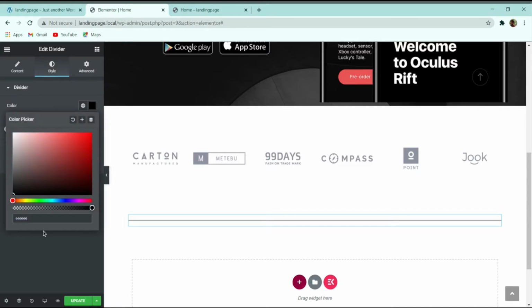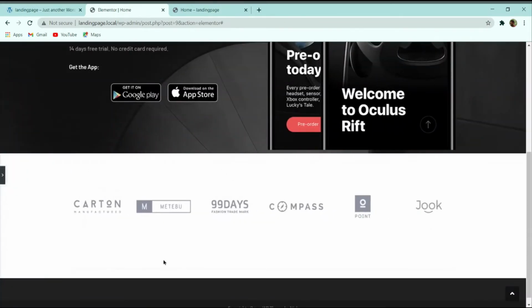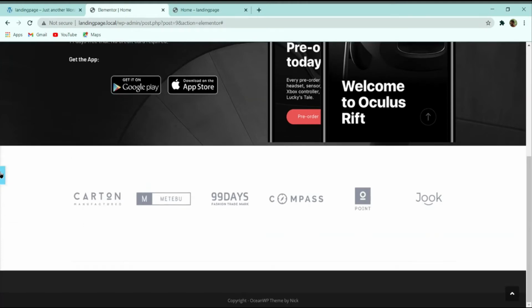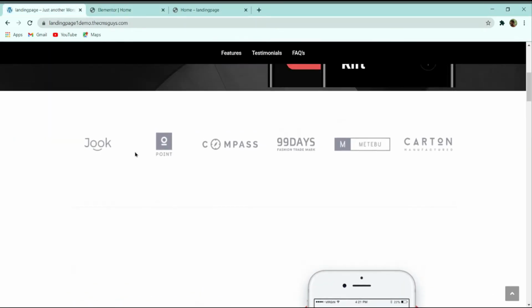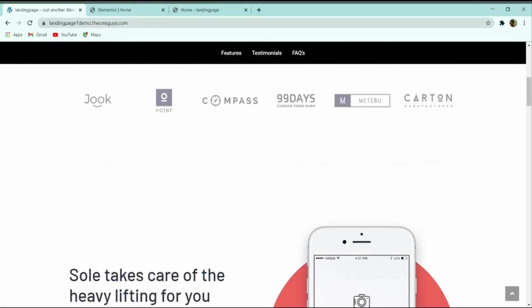So here you can see that I have used this 6 time e. Let me make a hashtag over here, and then so here you can see that the divider is also ready. So here you can see that with this, the third section of the website is also completed.